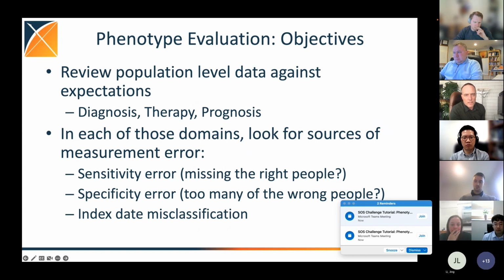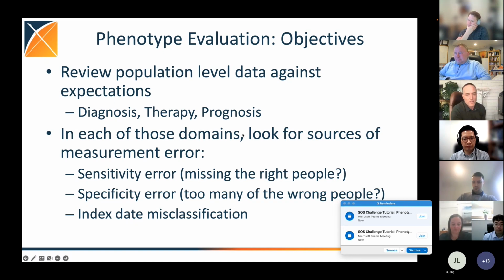So in terms of our objectives within a particular evaluation, we're looking to review that population level data that we see through cohort diagnostics against our expectations, largely aligning to domains of diagnosis, therapy, and prognosis. Odyssey, we try to boil things down into rules of three, I've noticed. So I'd say those are the main areas of clinical action that will produce the data exhaust that we